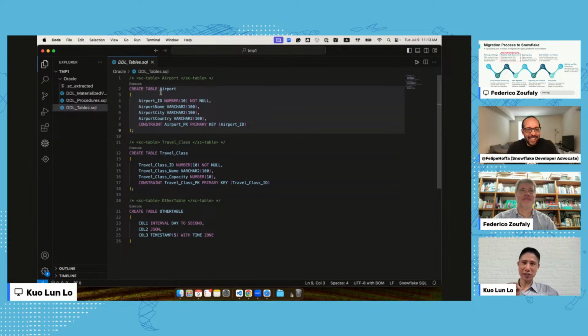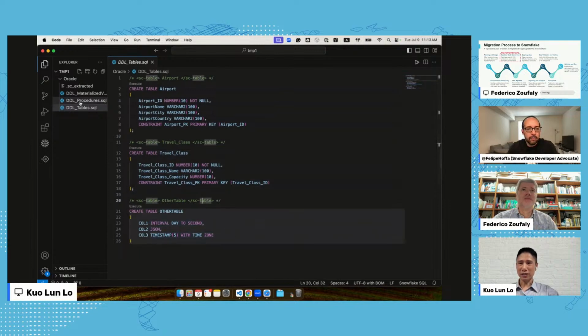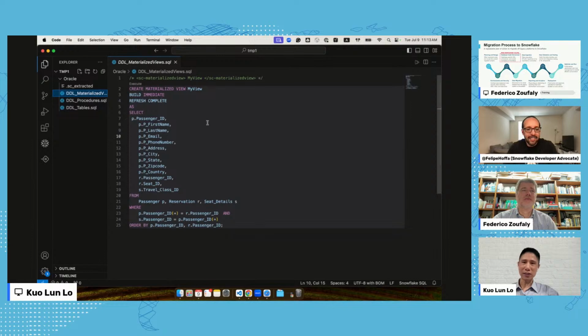Here we are going to see how SnowConvert translates the table, the data types, the constraints, the primary keys, and these complex data types. I also wanted to show you the materialized view.